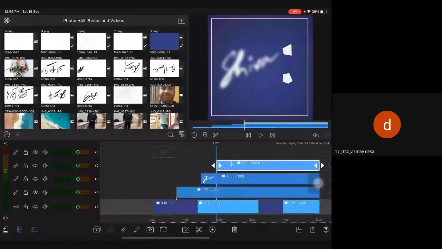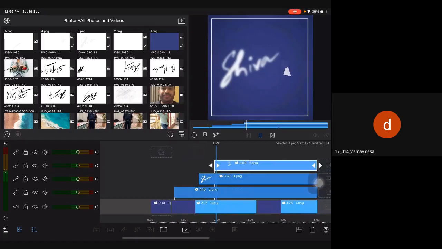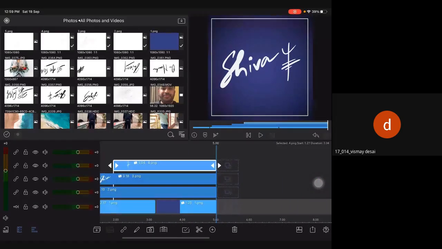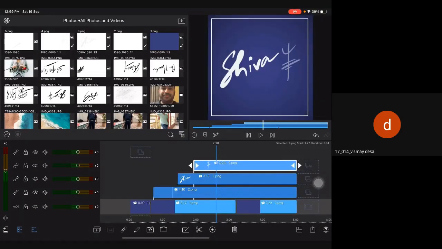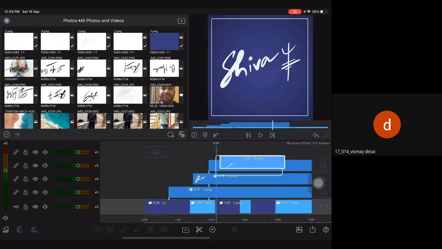So finally, how our video will look like, check it out. I think this is good. Okay, and finally, you need to add your last layer, stroke, insert it, make sure that you can put it on a right path.